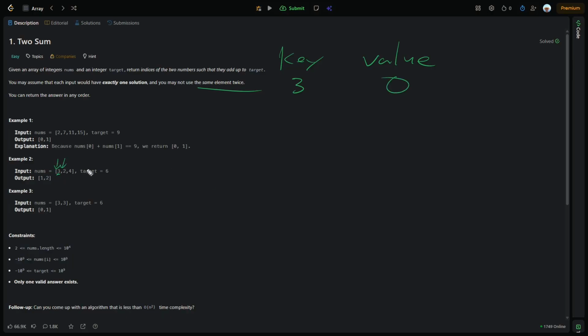I move on to the second number, 2. So the difference between 2 to the target is 4. I check to see if 4 exists within the dictionary. It does not. So the number itself, 2, and the index of where it is gets placed in the dictionary. And then the last value that I'm looking at, 4,